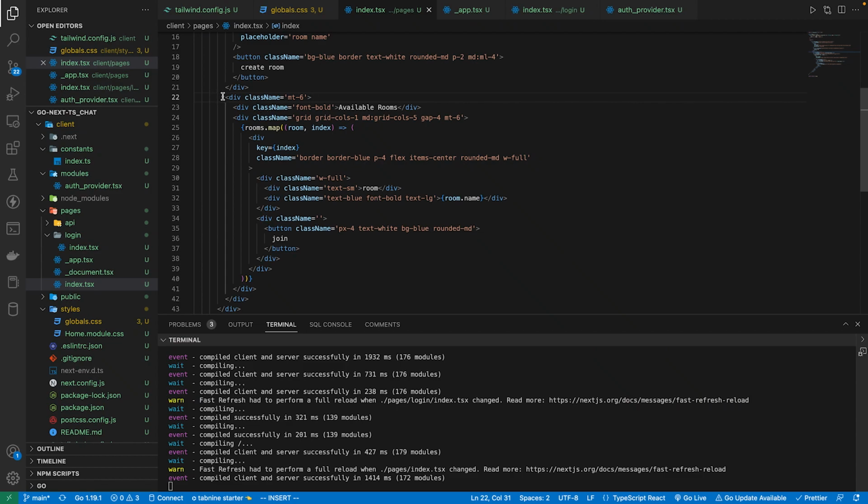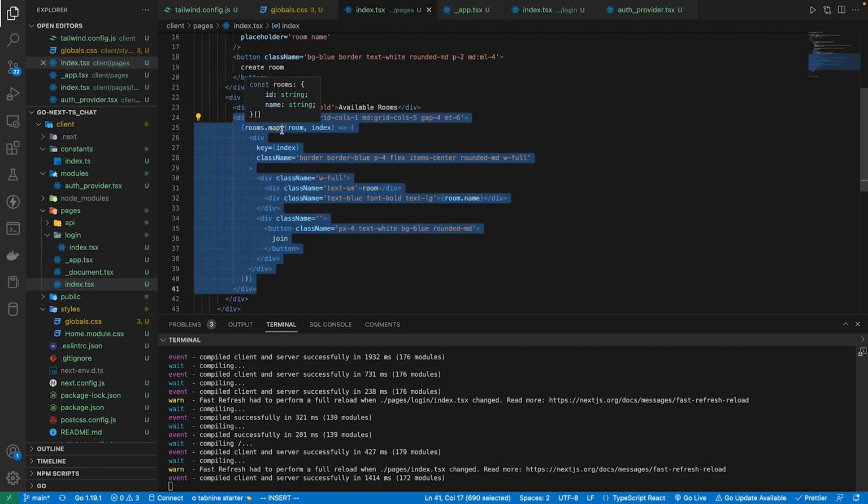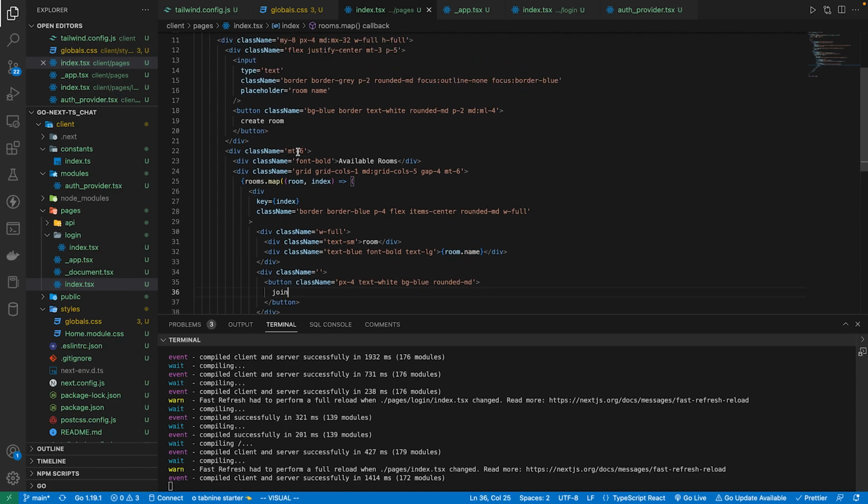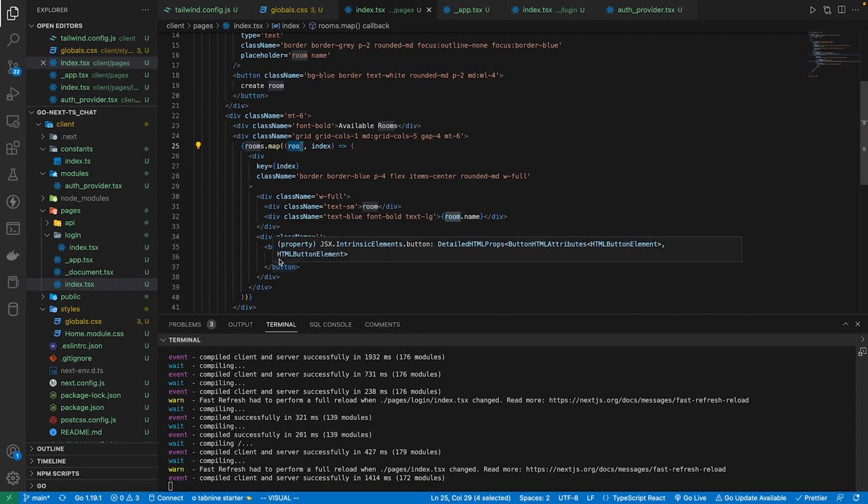So to give you an idea on how this looks, we have a parent div with margin and a text saying available rooms. And inside this div, we are looping through the rooms using the JavaScript map function, where we have a div with a key and an index that's from mapping through each of the rooms that has a border of color blue and wraps around these contents here. And it displays the room name,